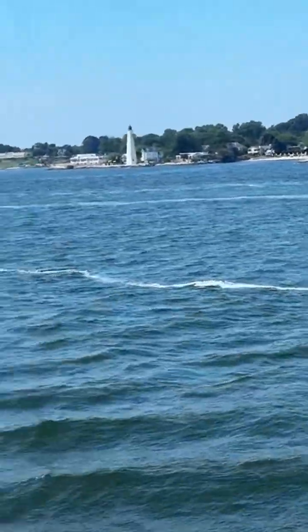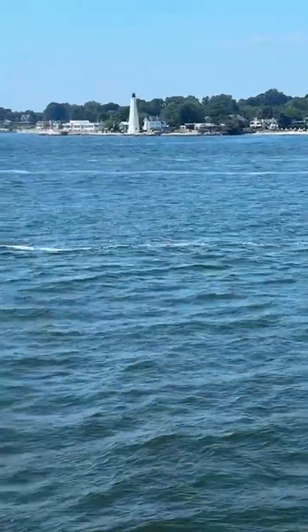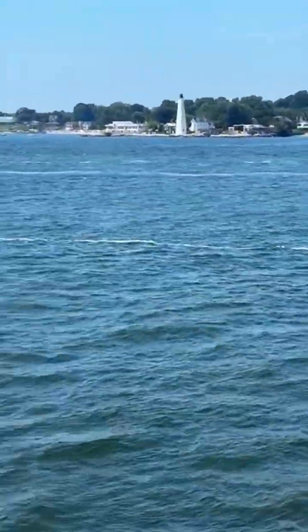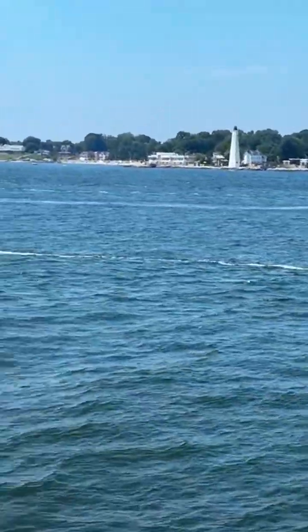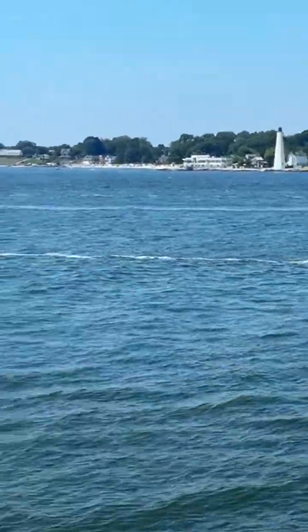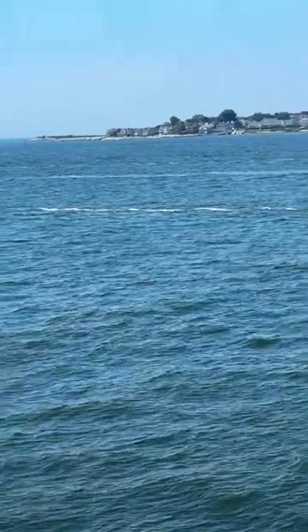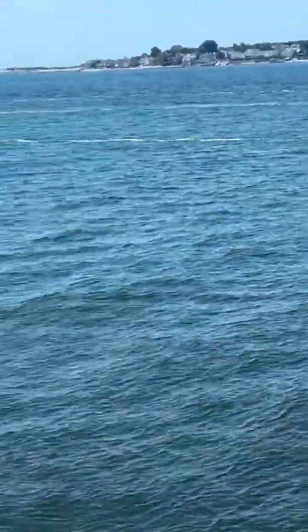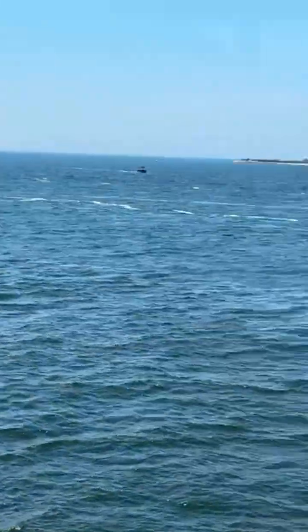There is the first lighthouse that's warning ships of danger. Jenny says, look at the size of everything. Isn't it amazing? And those lighthouses are still operating and working today. And here we have a barge that's approaching. I'm going to zoom in on that. And then I'm going to take you to...